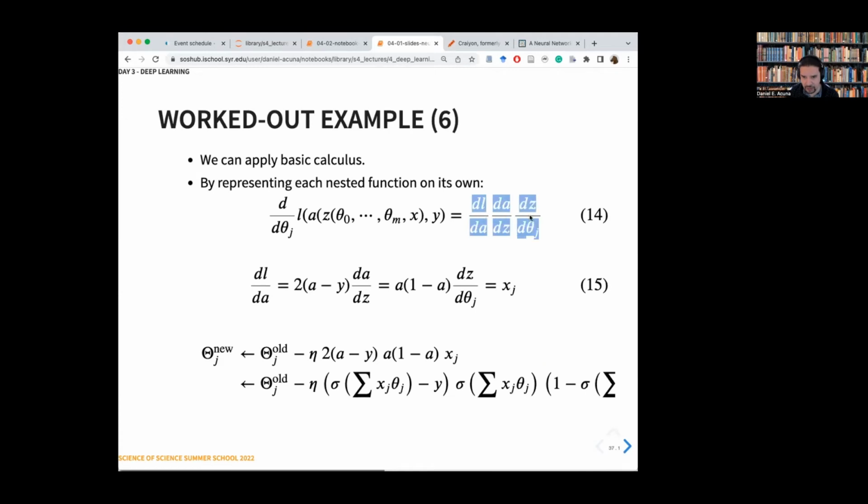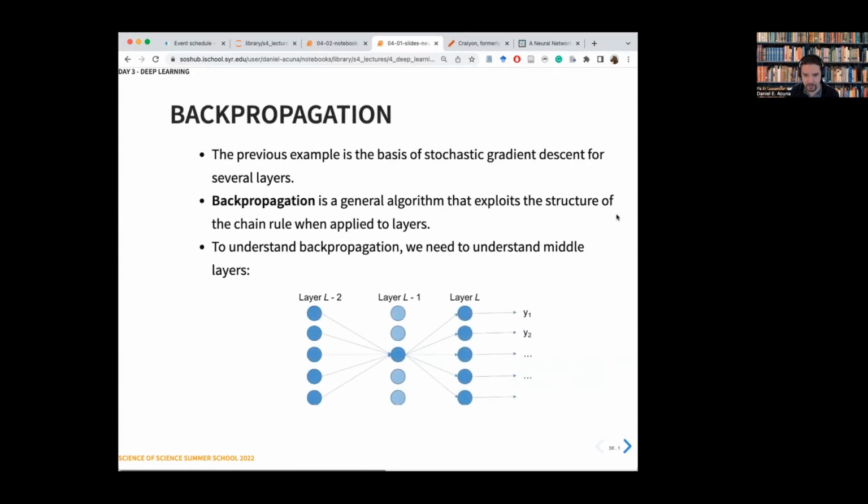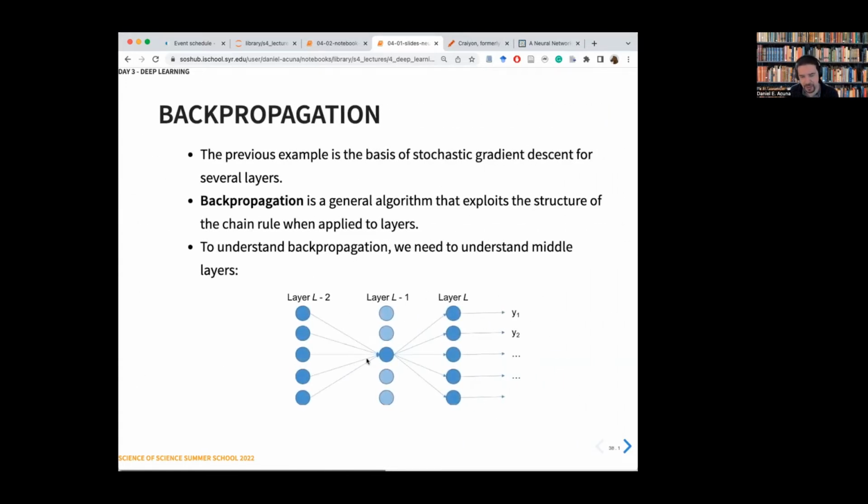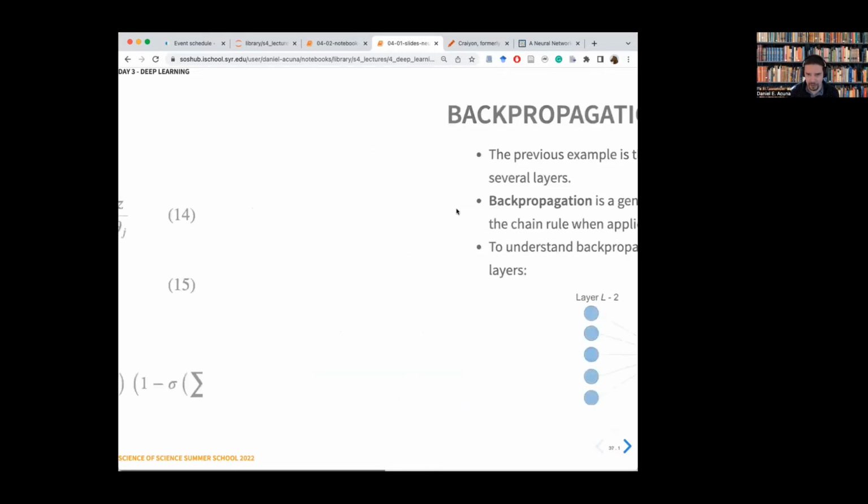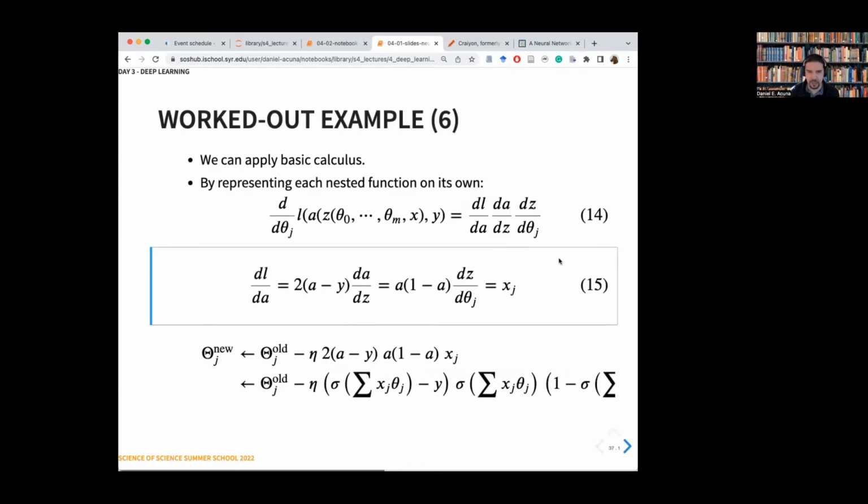What happens is that this idea of chain ruling the optimization allows you to be very efficient in the computation, and we'll see that once we expand into multiple layers. So imagine now that instead of just one neuron, we have multiple neurons and multiple layers. In the 80s, there was this realization that when you are optimizing, instead of recomputing each of these derivatives from scratch, because of this property of multiplication of derivatives, you can reuse some of the solutions from the forward computation in the backward computations. That's what's called backpropagation.